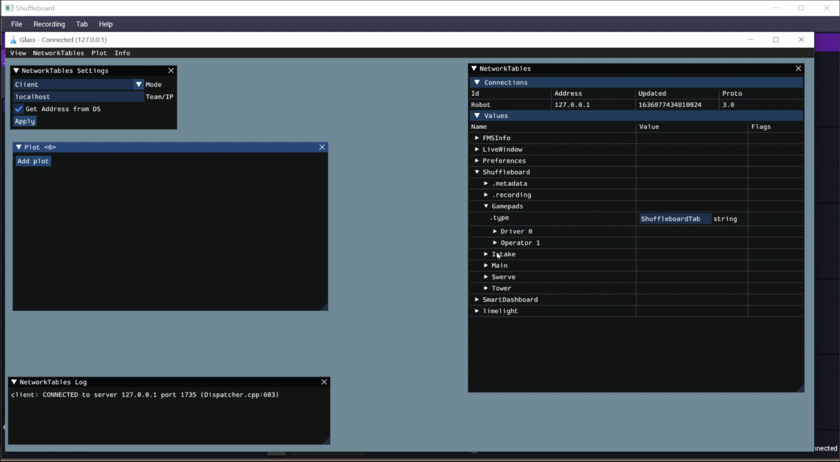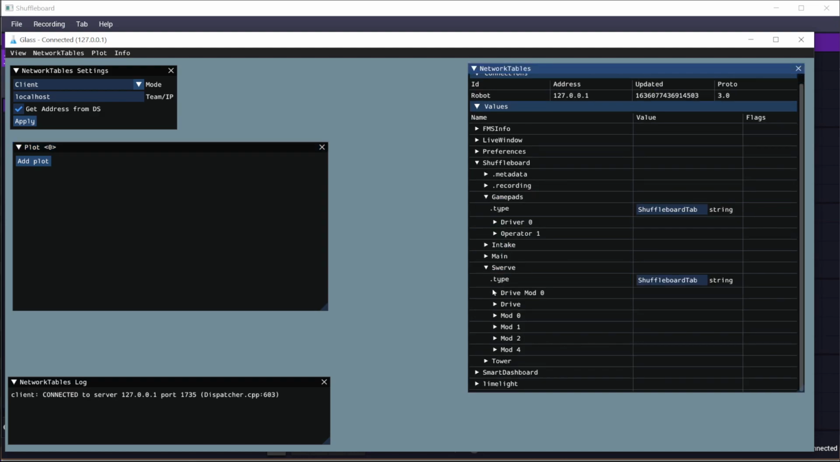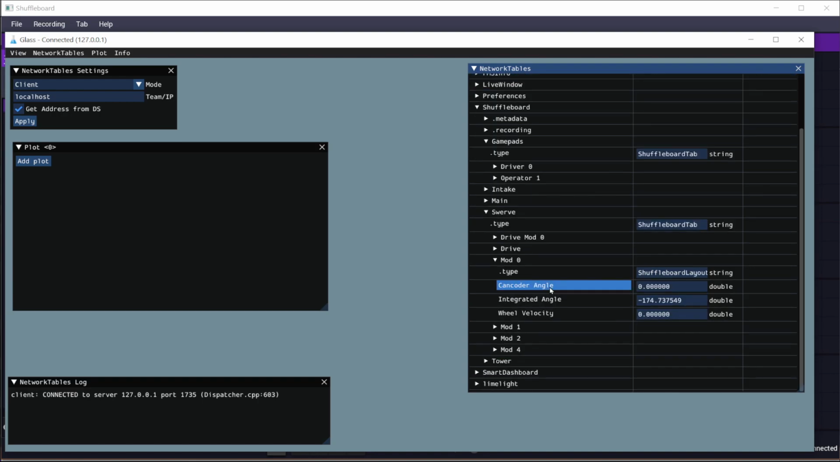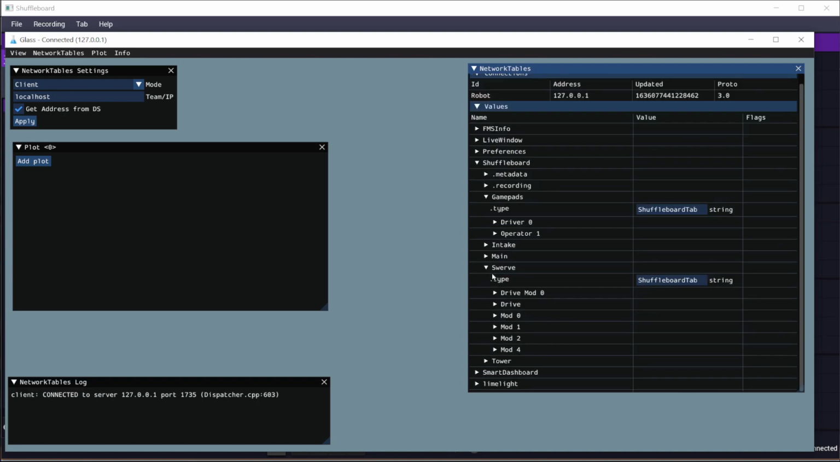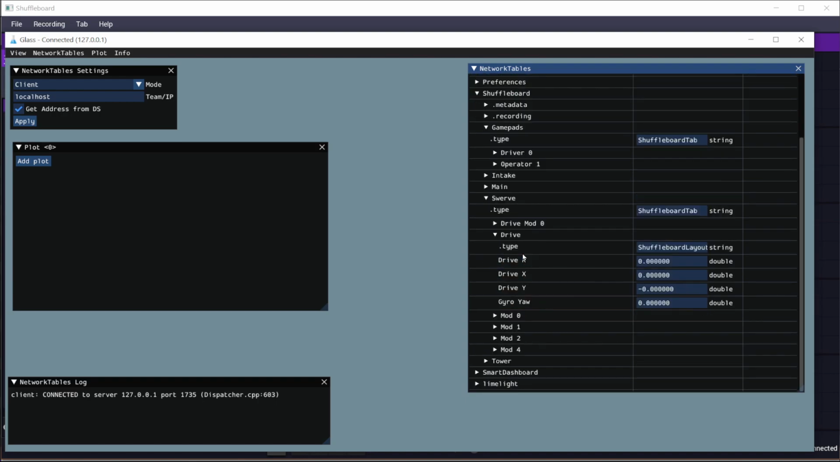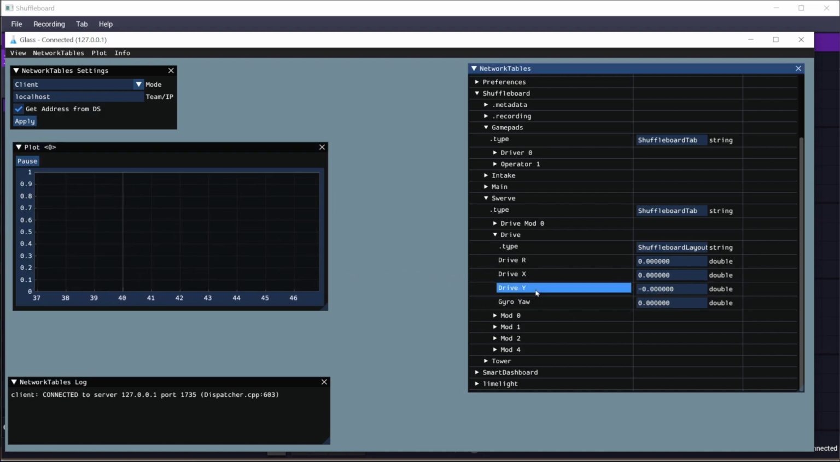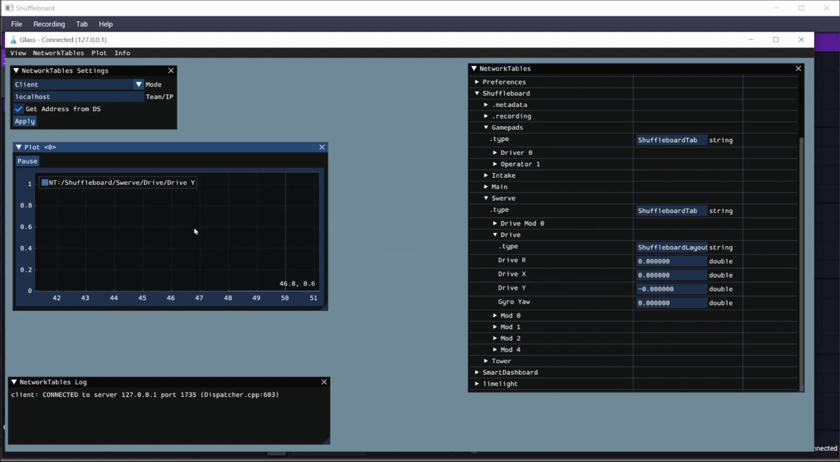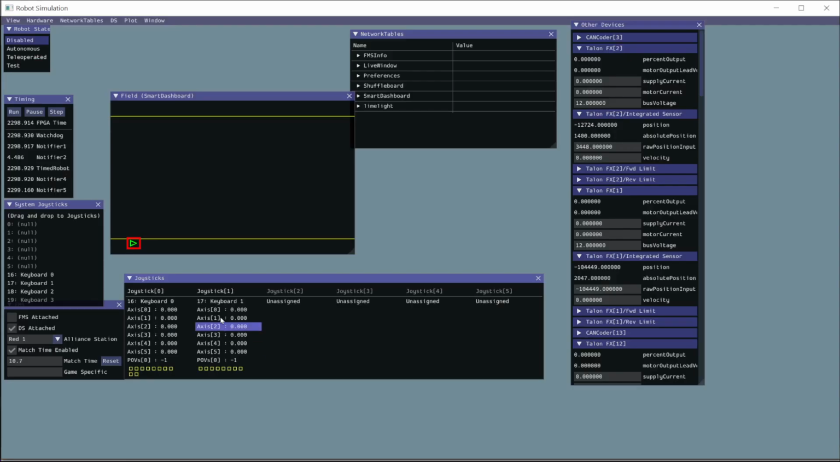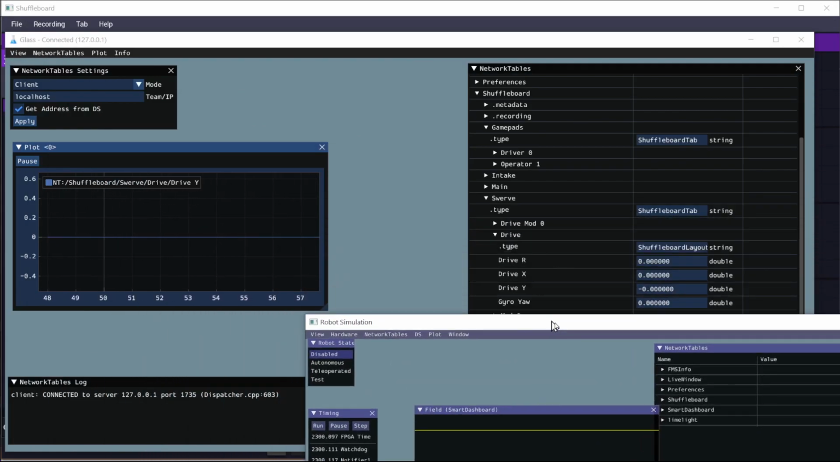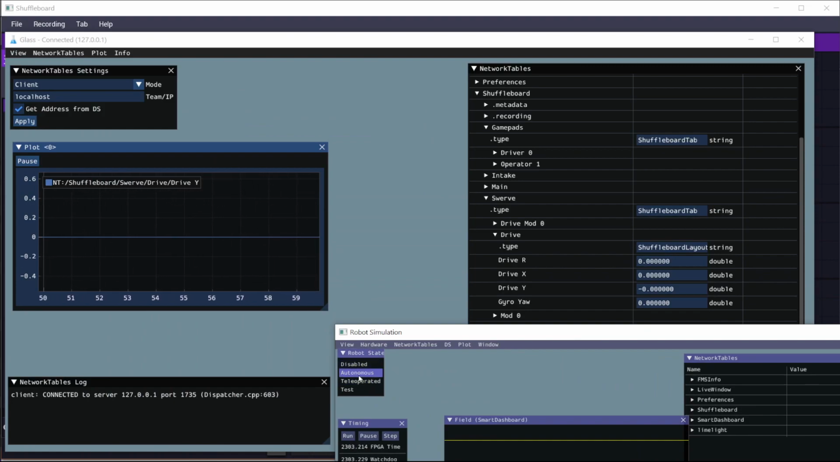So if we wanted to graph some things, we could. We could go in and see how the drive was working. We could add a plot. I can drag over drive Y, and if I come over to the simulator and tell it to enter autonomous mode,